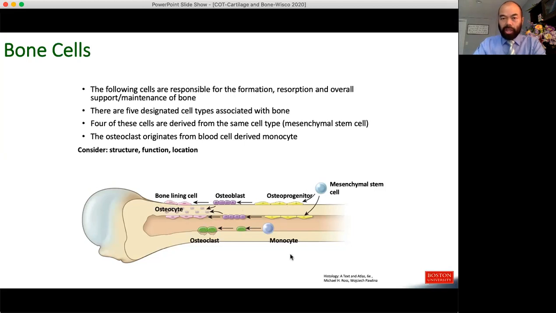The monocytes, which got there via, again, the vascular system, have these osteoclasts. Now on this cartoon, it shows the osteoclasts lining the marrow cavity. And for sure, there are many, many osteoclasts lining the marrow cavity. But there are also osteoclasts that are located just deep to the periosteum. They're just not in as much abundance, but they have to be there because they have to have also shaped the bone from the outside. As you can see here, this metaphysis is narrowing in a funnel-like manner towards the diaphysis. Well, you got to have osteoclasts on both sides of the bone collar to be able to shape the bone